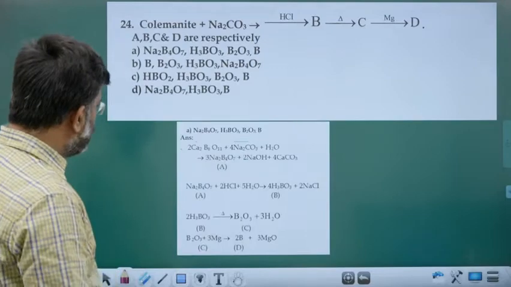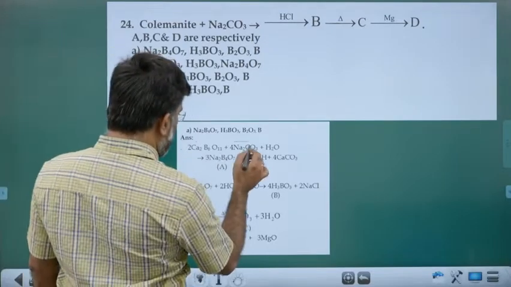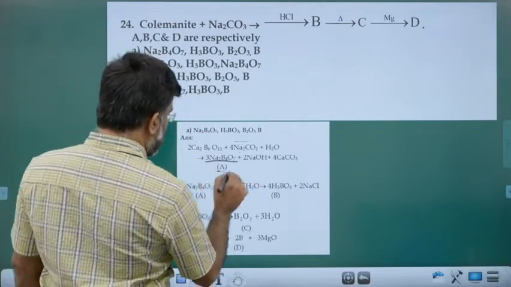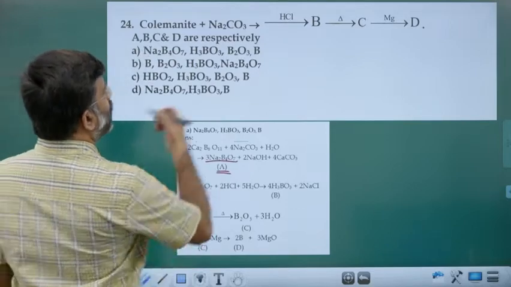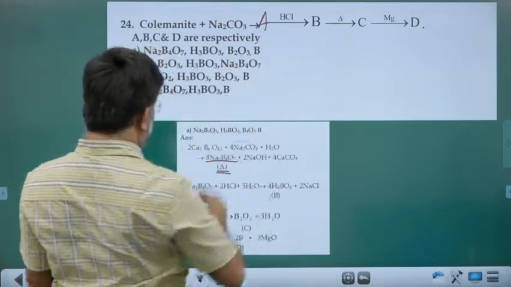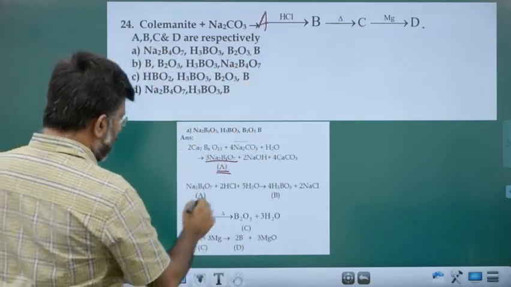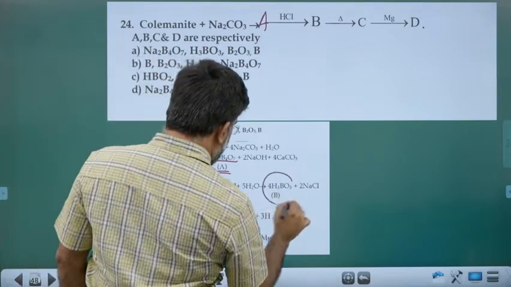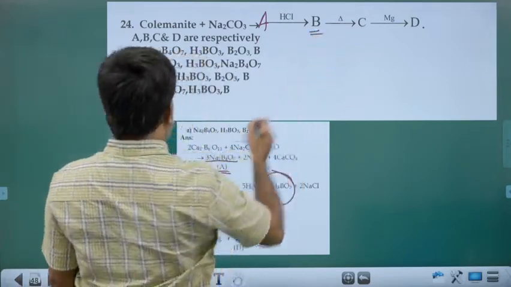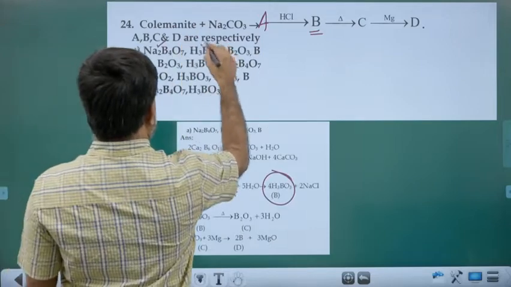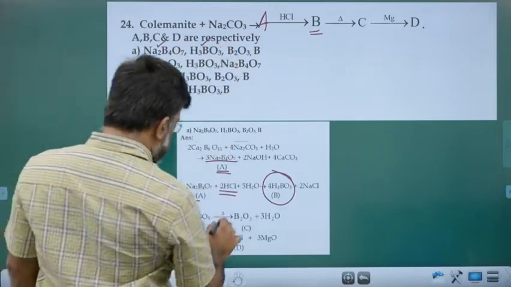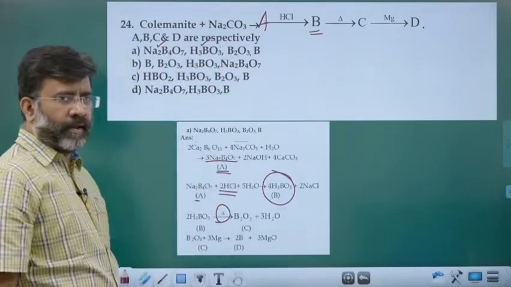Let's have a look. Colemanite with sodium carbonate, you will get borax. That is the first compound. Oh, here A is missing. Okay, fine. Now that A upon acidification gives boric acid. That is B, boric acid. So, borax, boric acid. Now, upon strong heating to red hot,